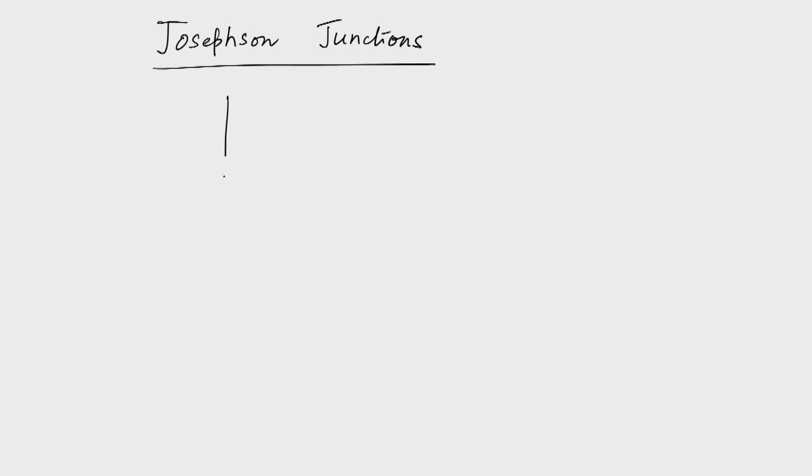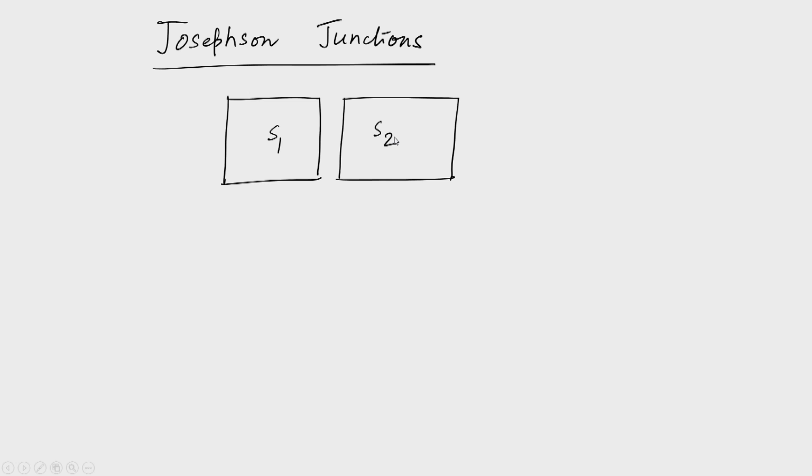So, we have two superconducting materials, let us call them S 1 and S 2. This has a condensate wave function characterized by a phase phi 1 and this has a condensate phase phi 2, the phase of the condensate wave function, and they are placed in close proximity,